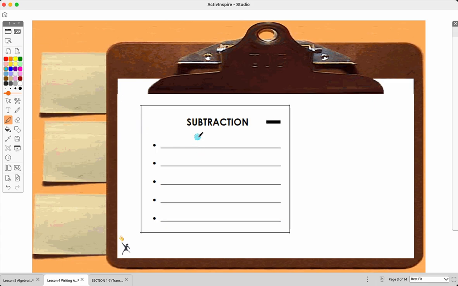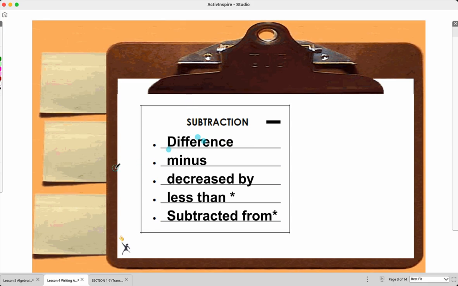With subtraction, we've got, where's the list? There's the list. And again, another really important one here is the difference, because that's the answer to the word. We've got 2 stars here, and we'll talk more about what these are later as we look at different types